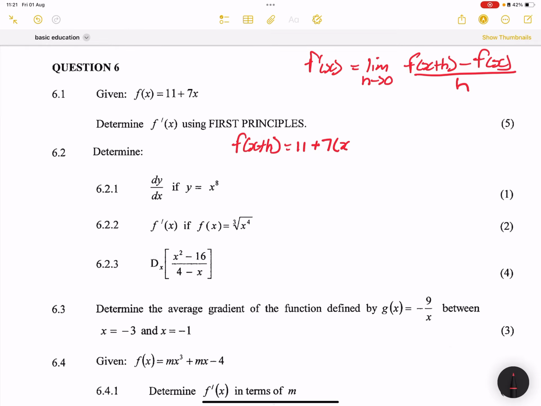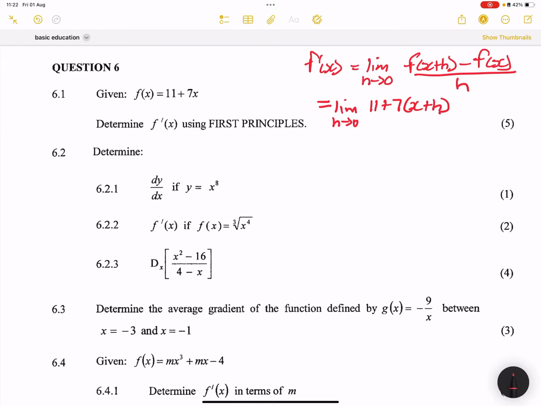But I'm going to do it right here in the equation. Please do not drop the limit as h tends to 0 until you substitute h equal to 0. So f of x plus h is 11 plus 7 into x plus h,